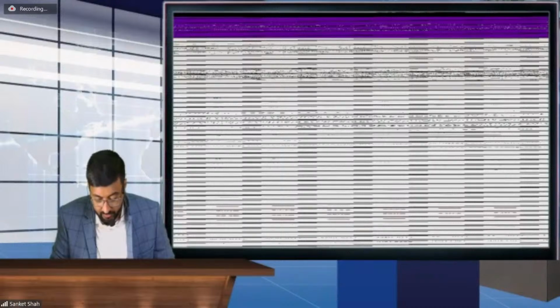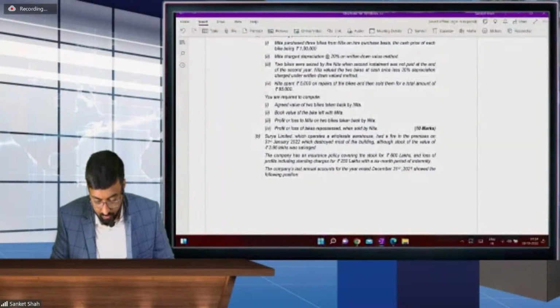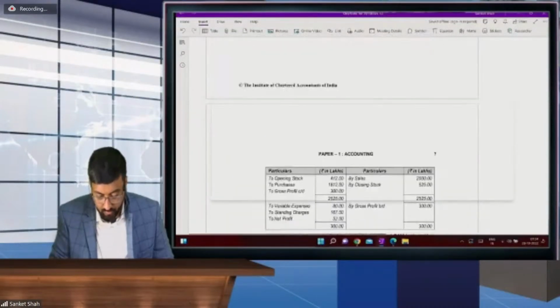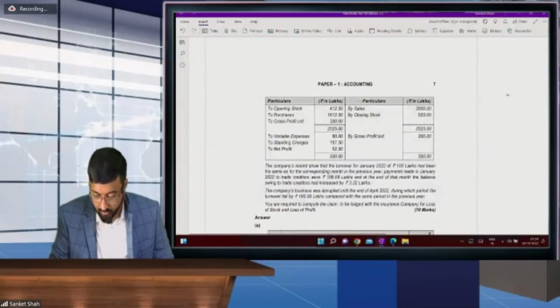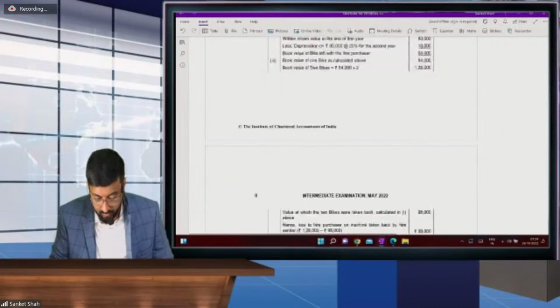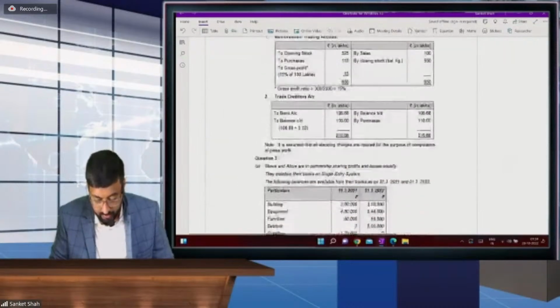Yes, anyone? In May 2022, investment question is